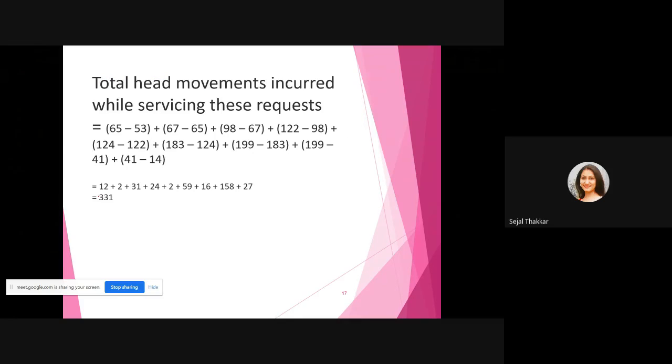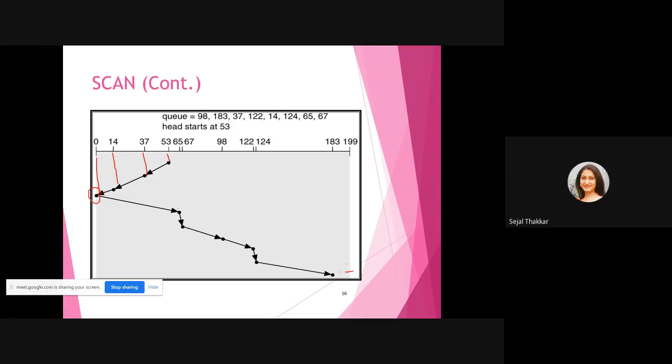And then you have to find the total head movements, right? The same way, you don't have to do anything. Whenever the arrow stops, you count 53 minus 37, 37 minus 14, 14 minus 0, 65 minus 0, 67 minus 65, 98 minus 67, 122 minus 98, 124 minus 122 plus 183 minus 124, and you will get the result.